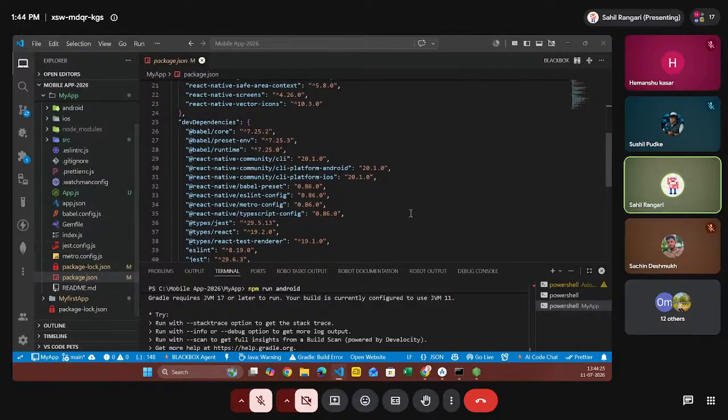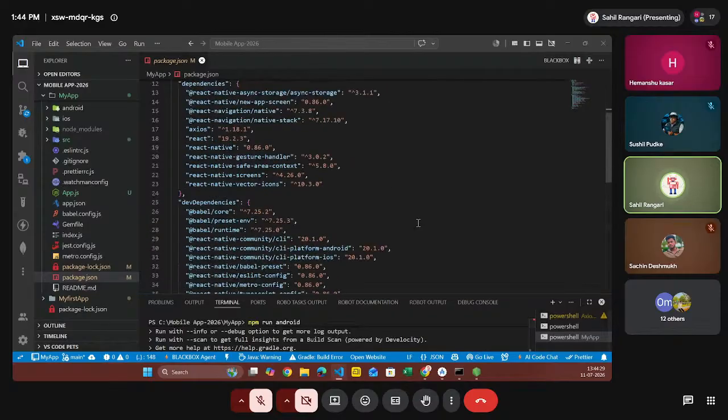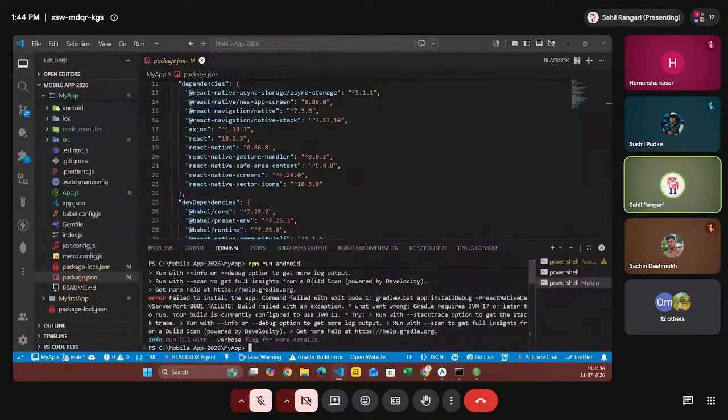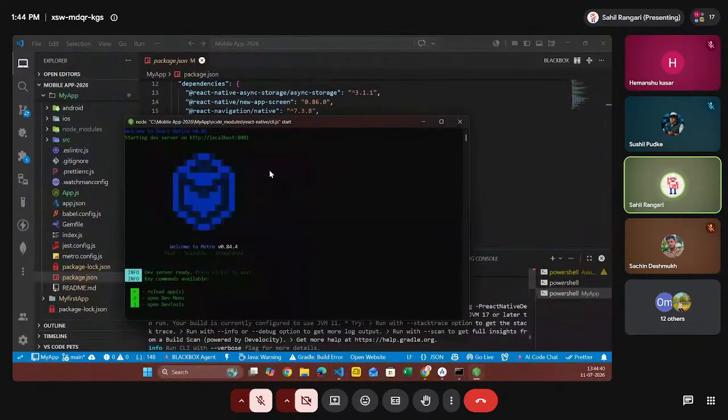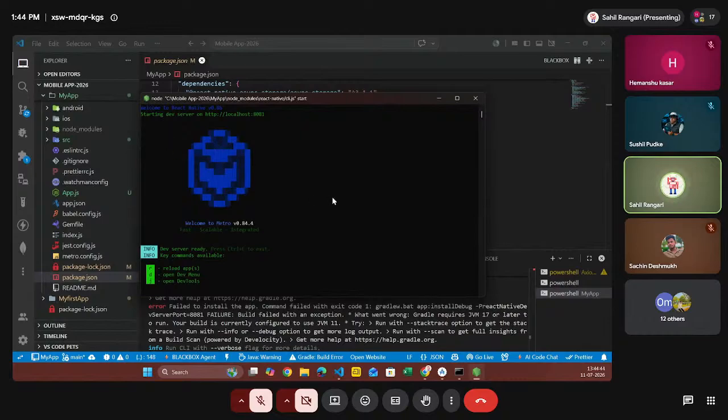For the client app, we require some more packages, compatible for production only. I gave the command for the installation and running this application, npm run, and only then we got the emulator. Like you can see this interface, the dev server is ready, and key commands are available like reload app, open dev menu, and